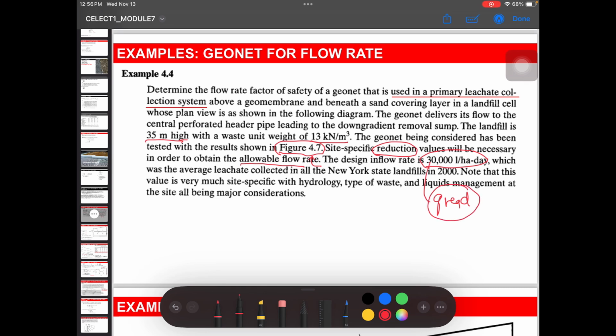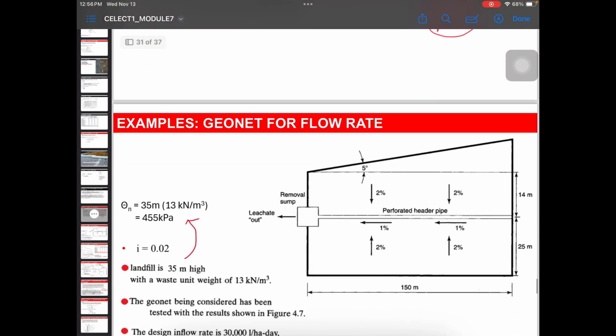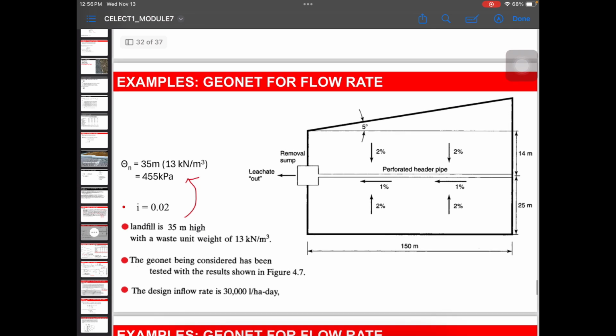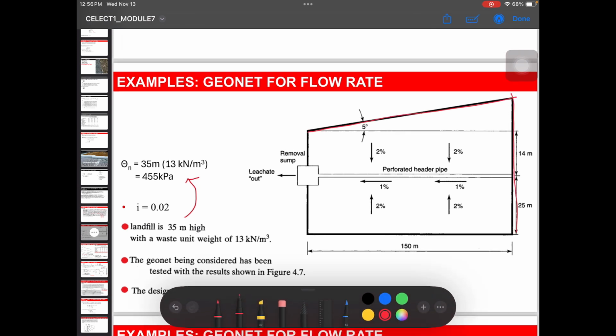And then you need to see yung plan ng landfill. So this is the landfill. So ito, yung length niya is 150 meters, and then meron siyang gitnang header pipe. So since nakagitna siya, na-divide niya ang landfill into two, upper and lower part. Next,